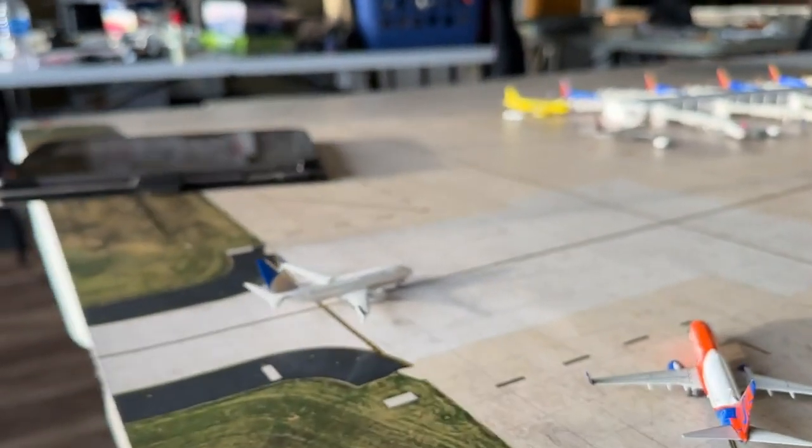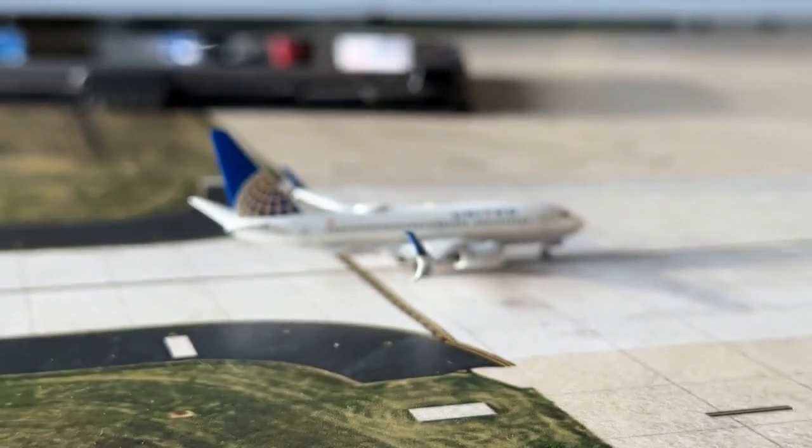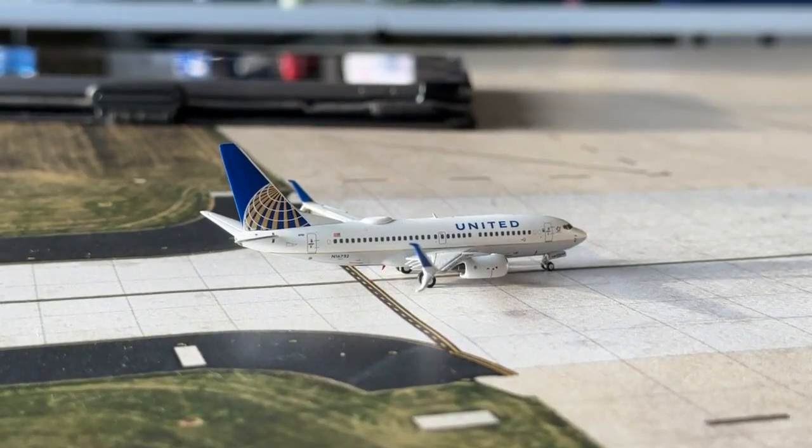I got a couple final aircraft for today's airport update, so let's go ahead and take a look at those. We'll start over here taxiing into the ramp. We have this United Airlines Boeing 737-700. This aircraft's coming in on the Friday and Saturday only service in from Chicago O'Hare, which is really interesting to